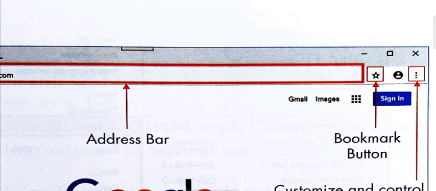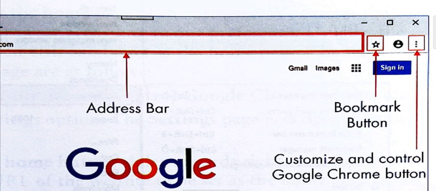Next is bookmark. Here you can see the bookmark icon. Bookmark is very important. This option is used to save the URL or address of the current active web page. When we need to save a URL or any website, we need to press this bookmark icon. This will help us to visit it later. If we like a website, then we add it to the list of bookmarked websites. You need to follow some steps to add bookmarks.